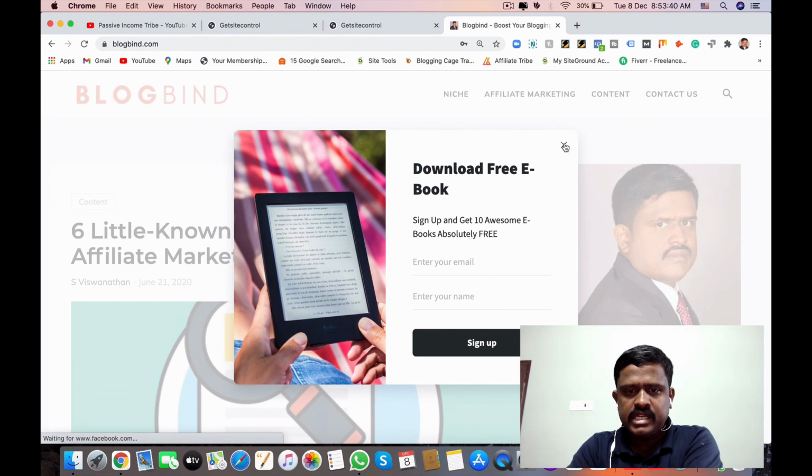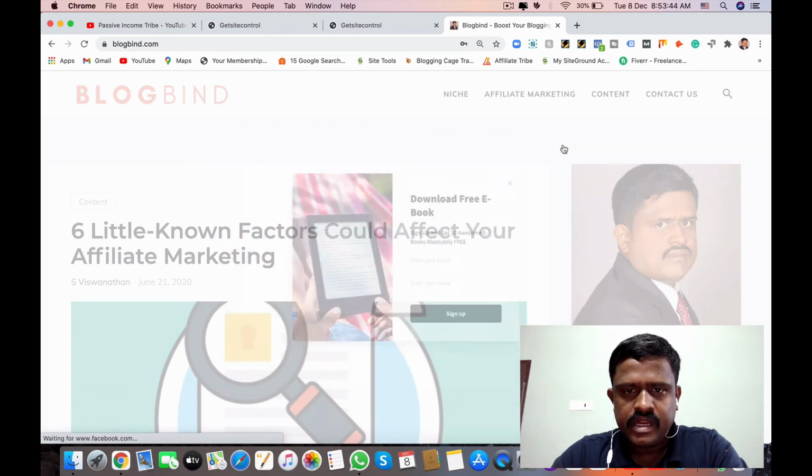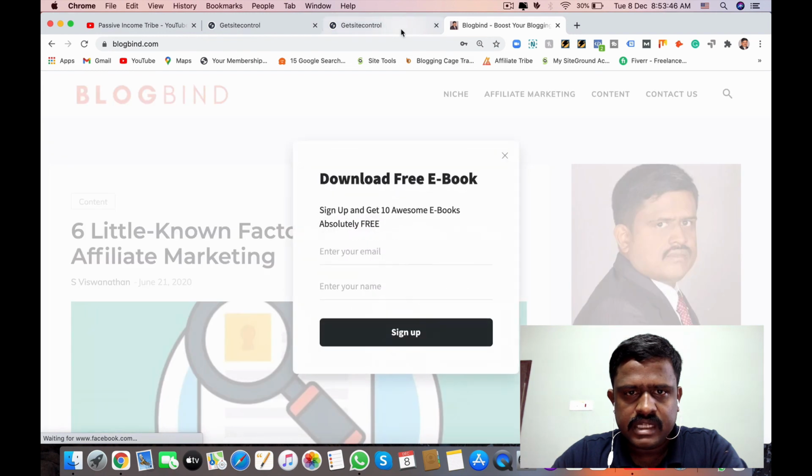Okay, when the page loads, it will come. And if you go to exit, it will display this widget. Okay, here enter your email, and it will be loaded into the GetResponse database.